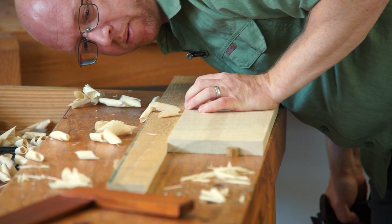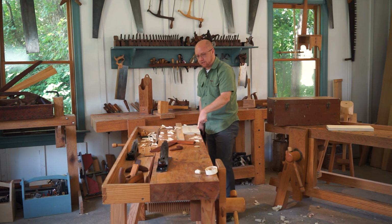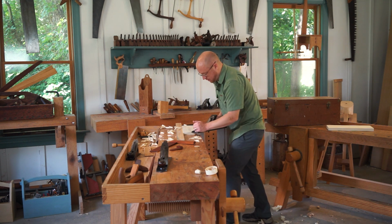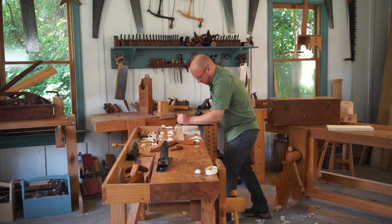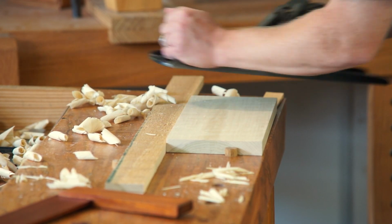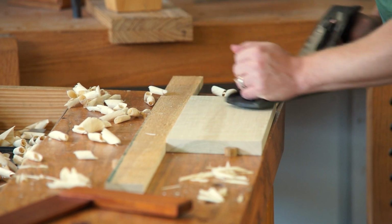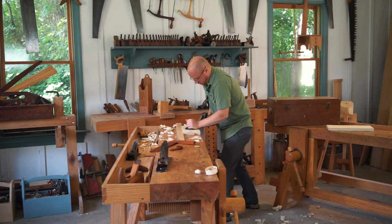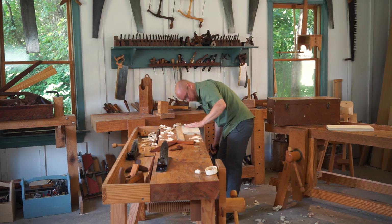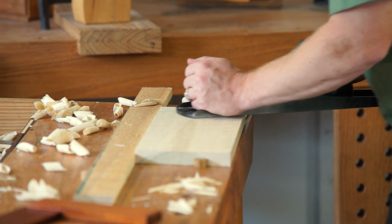Do want to check periodically to be mindful of your line. Make sure that you know where you're removing, so it's a little thicker on one side of the board than the other. So I want a little heavier cut here, remove just a little less material on the other side. All right, and then back to